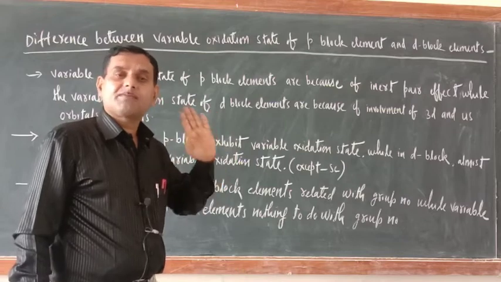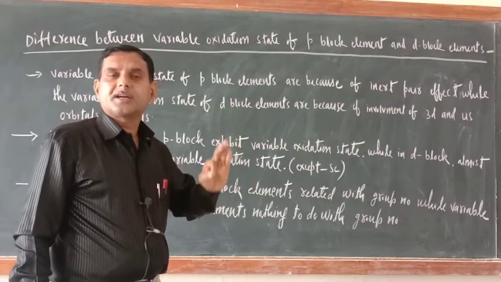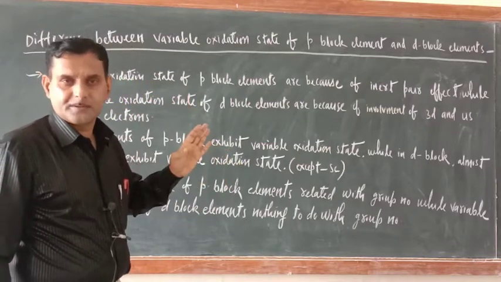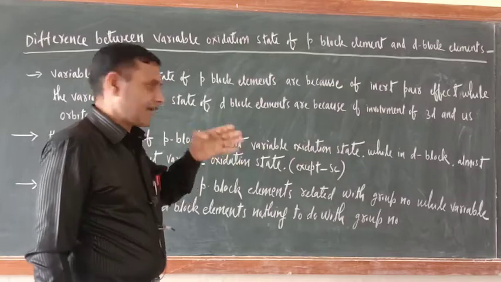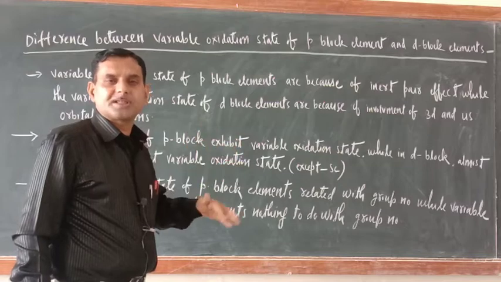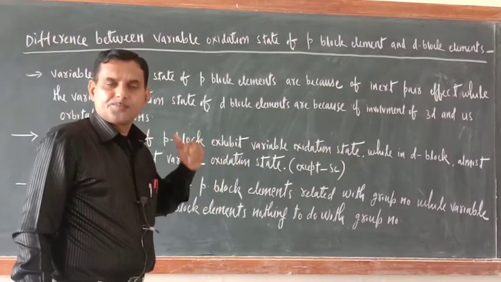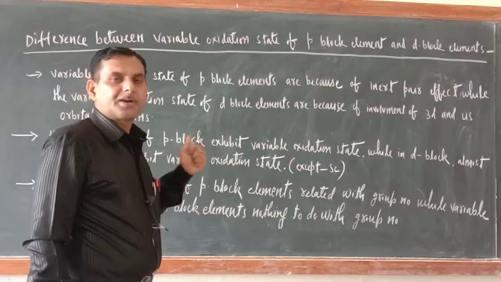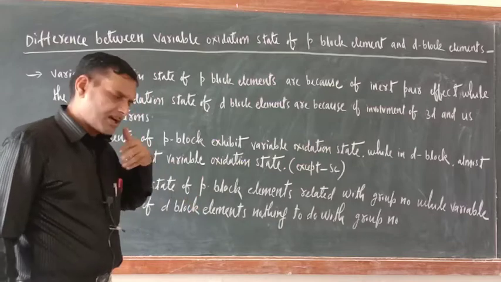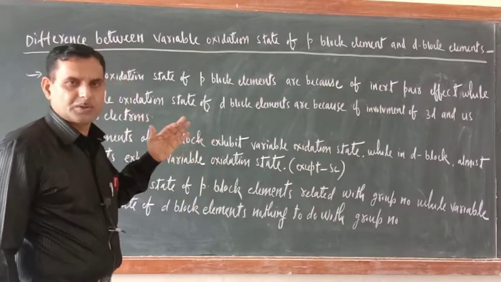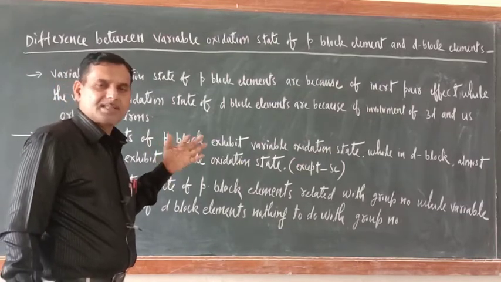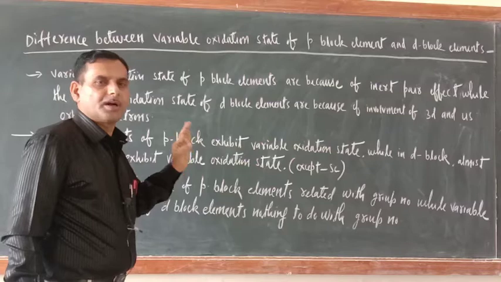But remember, in your syllabus, only the first transition series is there, meaning a detailed study of the first transition series. The second, third and fourth transition series are just for information. There is no question from that side. So let us concentrate more on the first transition series: variable oxidation state, catalytic property, ionization enthalpy, electrode potential, stability of a particular oxidation state, all these things. There is a wide variety of questions, so I hope you are covering that, and from my side I will not leave any stone unturned.